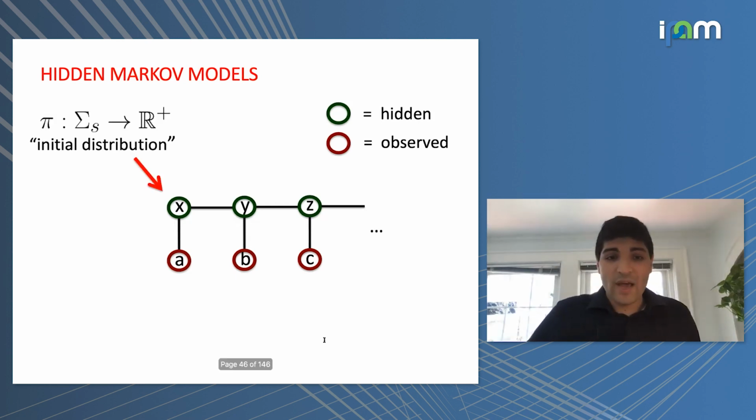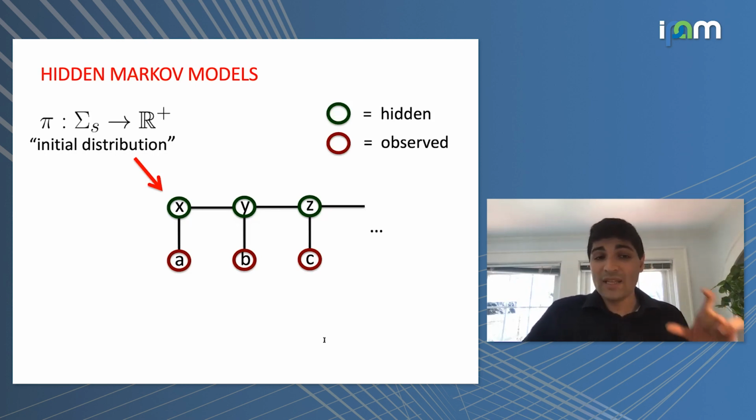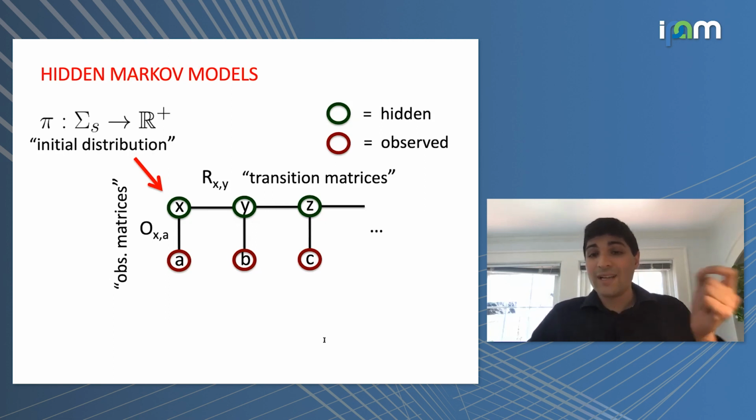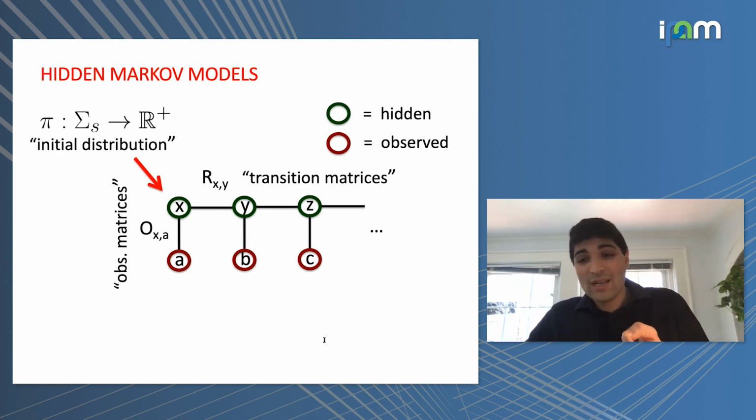Because what happens is that you have some initial distribution on this hidden state, and you can have some different alphabet sigma sub s that represents the hidden states along the backbone. And then you might have some different alphabet sigma sub o that happens along the observed nodes, which you see. And once again, you have these observation and transition matrices that describe the conditional distributions. When you tell me the hidden state at some node, what is the conditional distribution on the symbol I see? And also when I tell you the hidden state at some previous hidden node, what is the conditional distribution on the hidden state of the next hidden node?